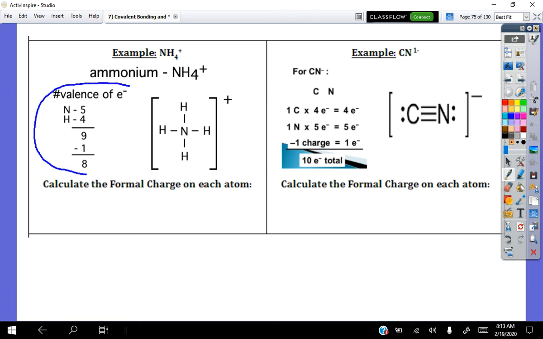For ammonium here, if we look at NH4+, you have 5 valence for your nitrogen. Each hydrogen has 1 valence times the 4 hydrogen present in the molecule. Overall, it gives us 9 valence electrons. That is an odd number and is not very stable for us. So we take account that charge. If we have a positive charge, we have lost an electron, so we subtract 1, and we end up with 8 total. Nitrogen ends up being in the center, and we form 4 bonds with it